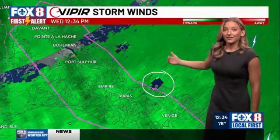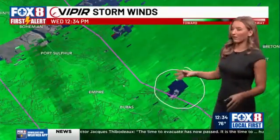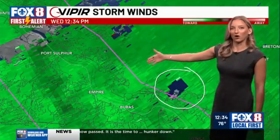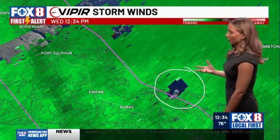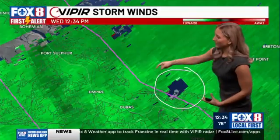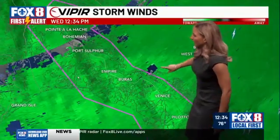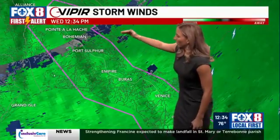When we have greens, that means the wind is going toward the radar, which is all the way in Hammond. So again, this is very far away. But when you start to see a difference in the color here, typically this would be red, but again, it's so far that I think it's going to struggle to really see that this is a different direction. It's just showing a hole. That's winds going away from the radar. So what's happening here is we're seeing some rotation on the surface, and that's that tornado that we're watching for. So this is going to be heading again in that westward direction, Empire, Port Sulphur, Point Lahash, all of these